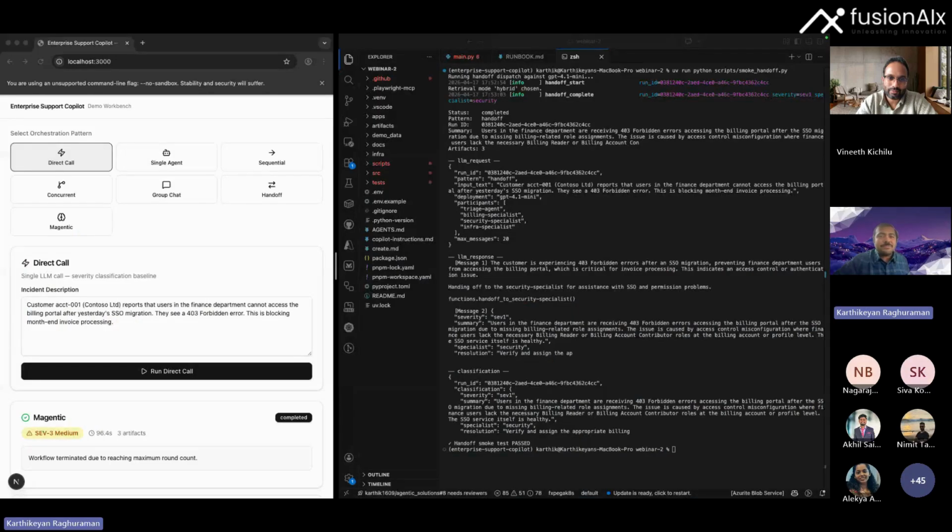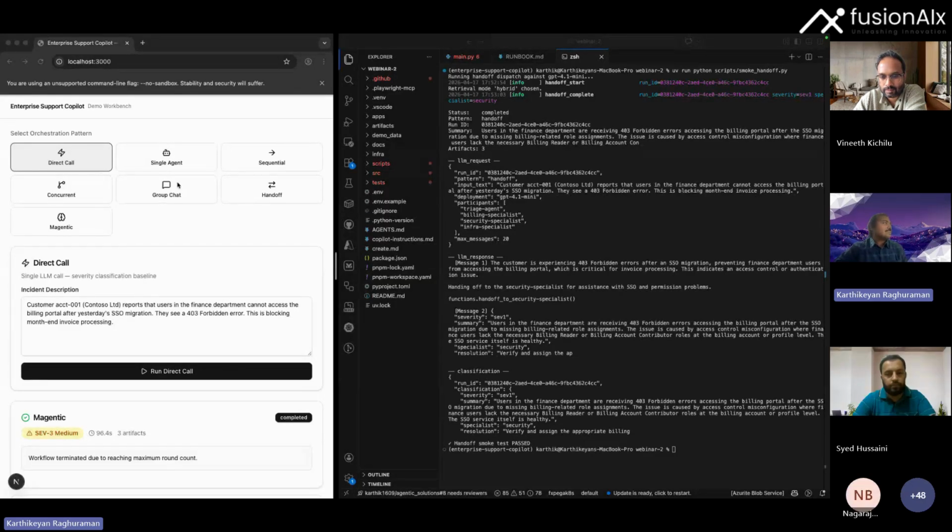Yeah, I think this should be fun. It's always good to see it at a conceptual level, but to also see it in action, to see qualitatively how the response feels, is always a good thing to know. So let's do something to that effect. For instance, let's take the same single incident description.